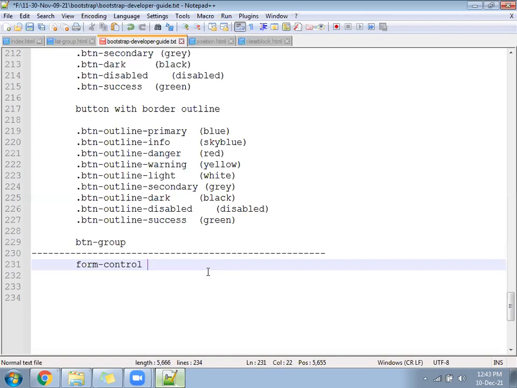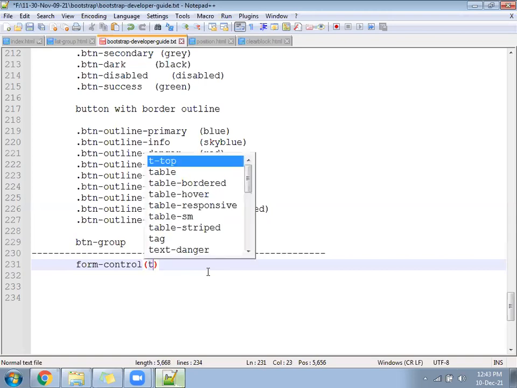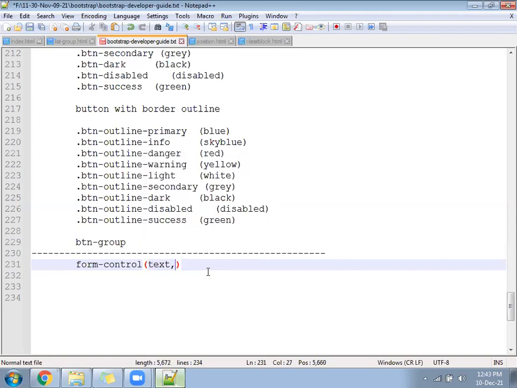Okay. So we have the form control class. It is applicable for text. We write input type equal to text, input type equal to number, input type equal to email, input type equal to file. Sometimes we write textarea.